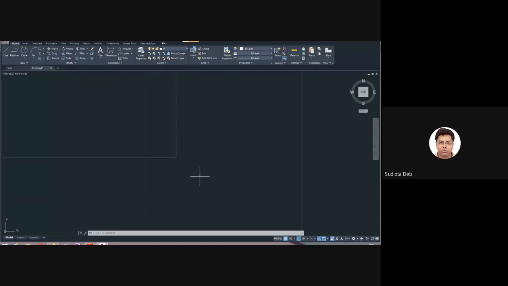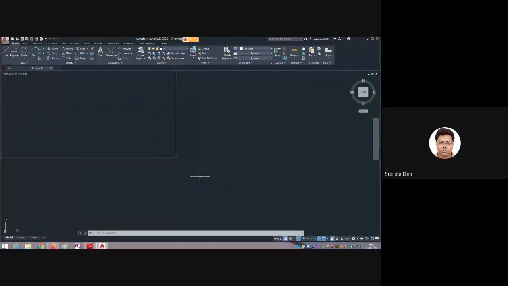Zoom command. One thing, suppose in your screen there are a lot of drawings you have drawn, but you cannot accommodate them inside this drawing space. What will you do? One thing you can do is zoom all. Z enter for zoom.